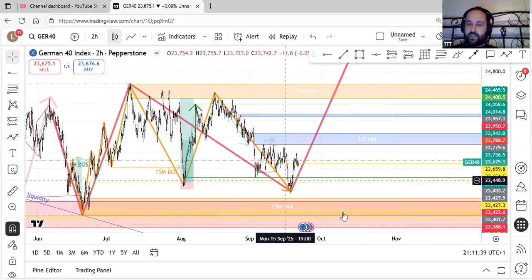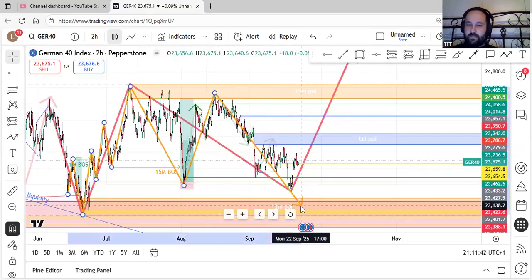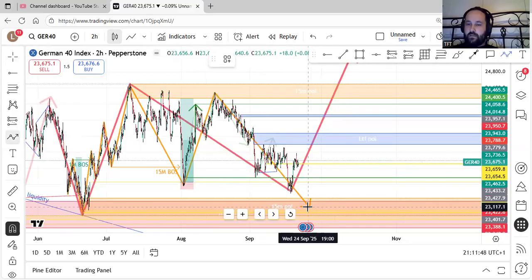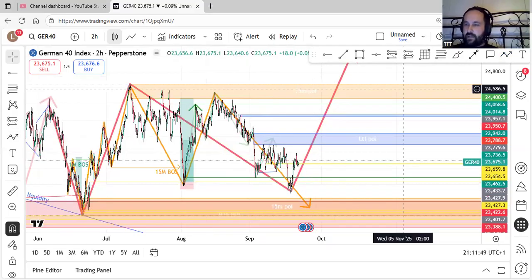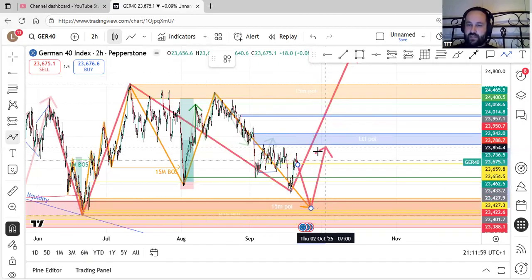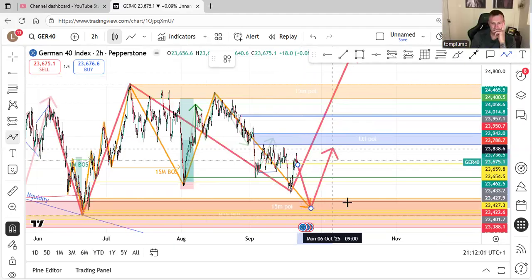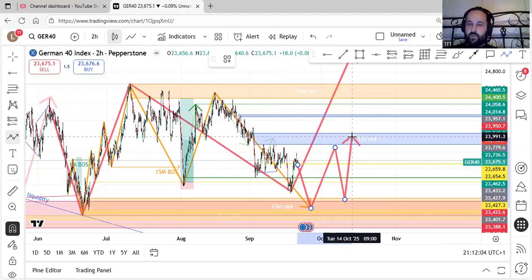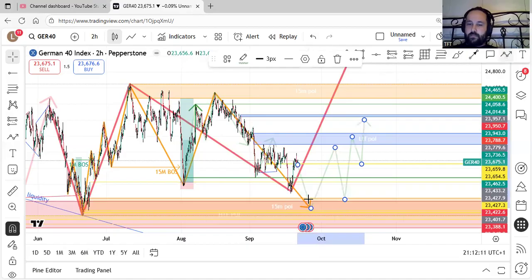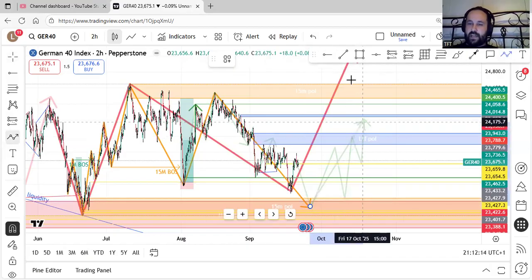Let's say this just continues down now, and that's what we actually get as a 15-minute structure. Let me draw what I'm expecting from here. This is a structure here. It's made a low, a high. I'd want it to make a low, break to the upside, break above this, come back, mitigate, and then we would get a 1 minute change.